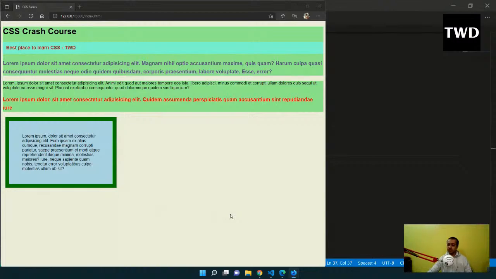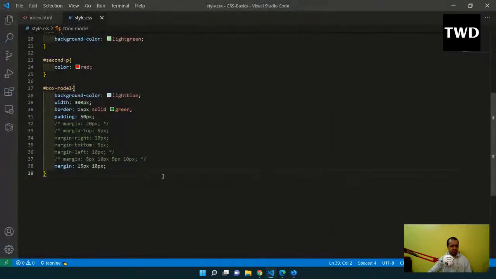After the CSS, we're going to do JavaScript and ES6, and after that, we are going to go to React and Redux. Okay, so let's get started quickly. This is what we have done yesterday, and we have learned a lot of things. And today, we are going to start with